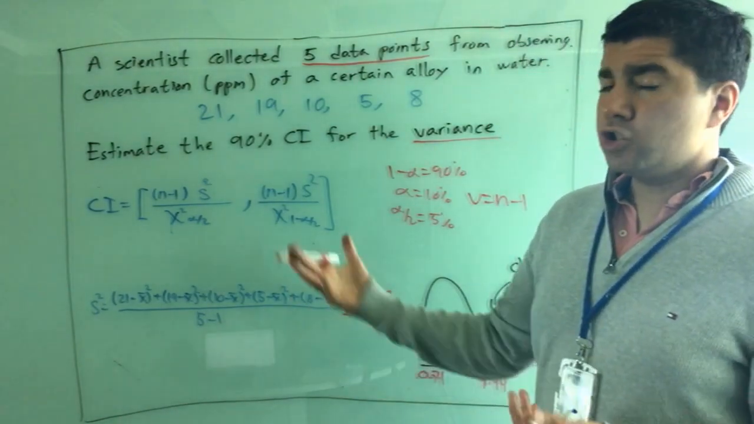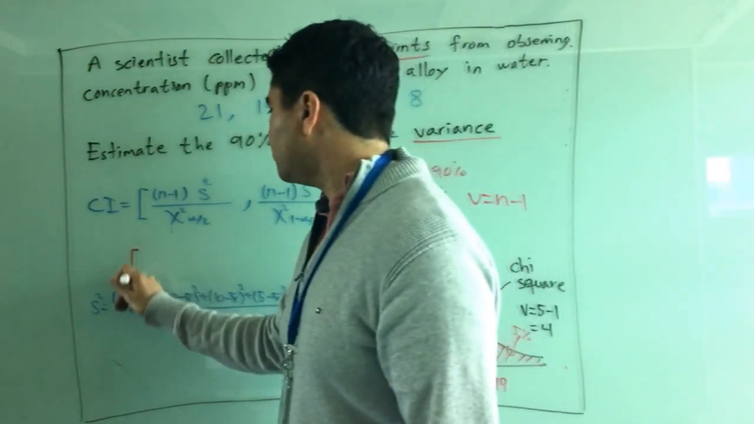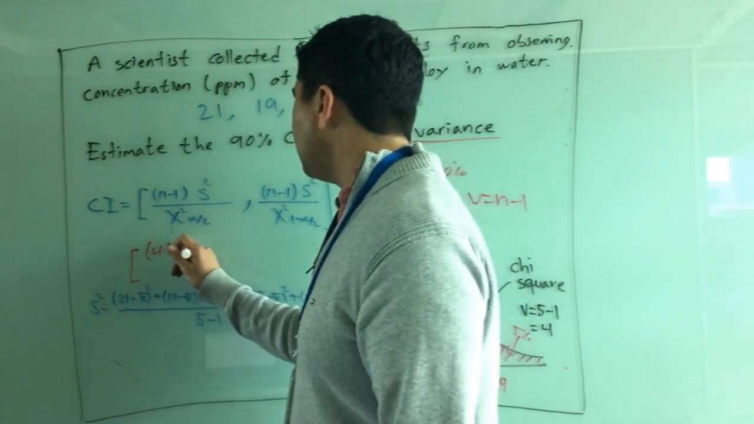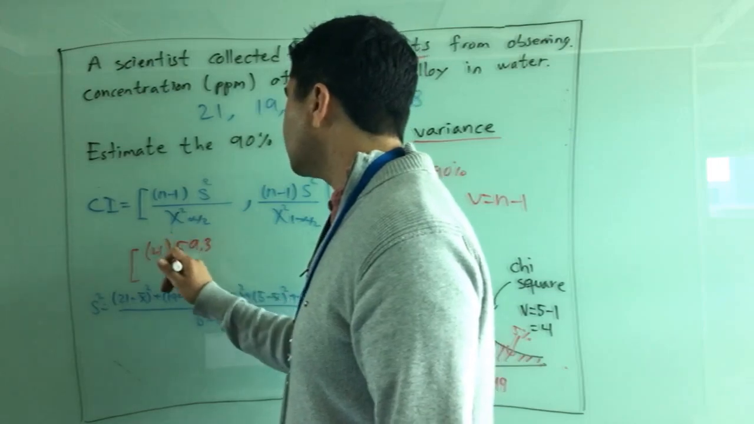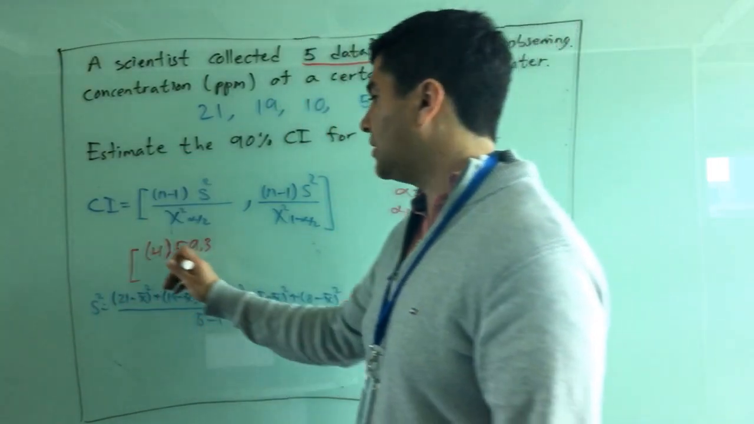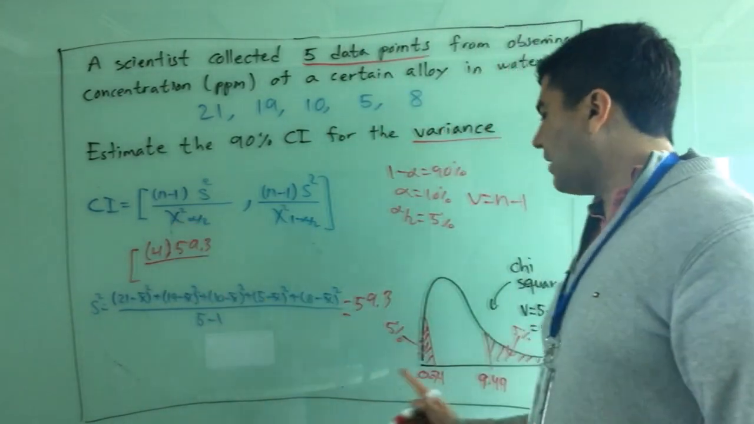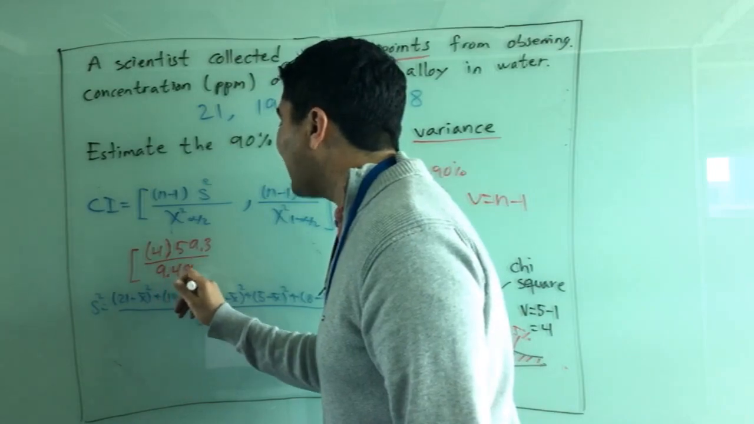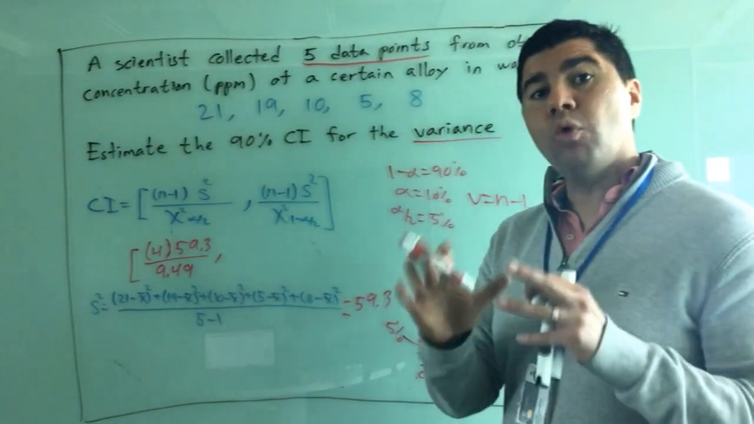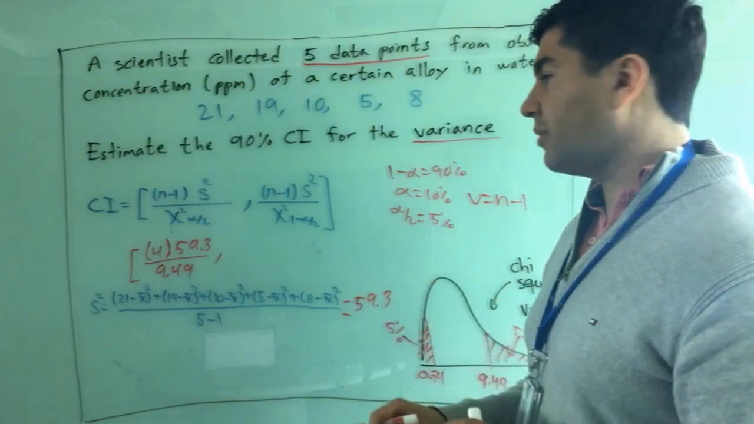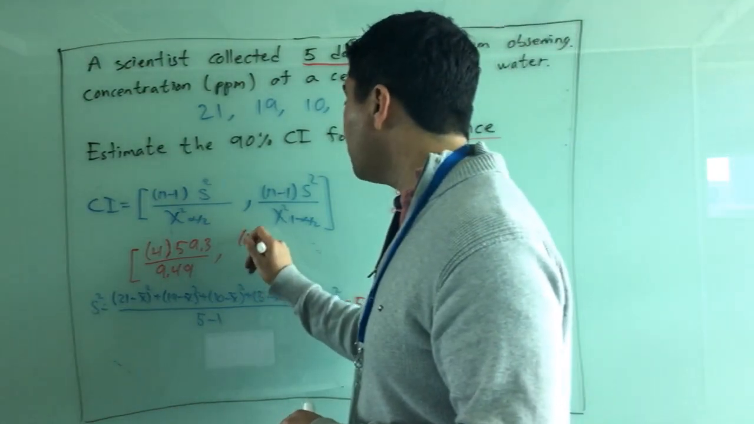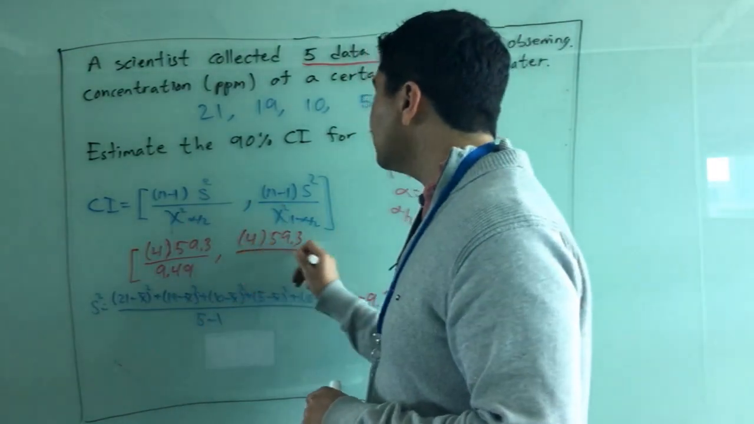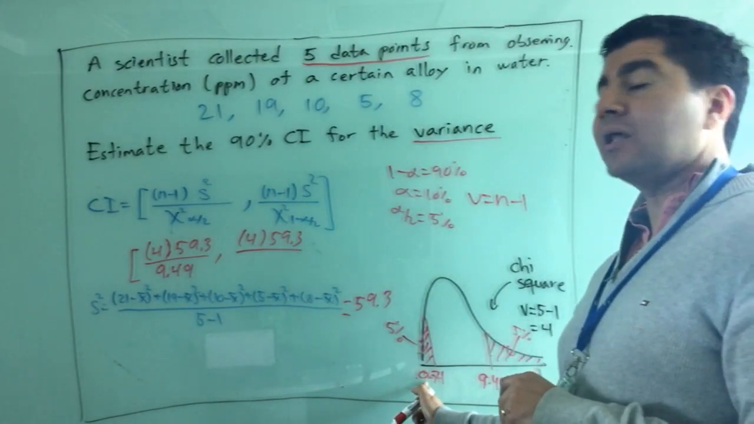So we're just going to substitute that in this expression. 4, that is the n minus 1, times 59.3, that's already squared, that's the variance already, divided by this value, in this case 9.49. This must give us a small boundary, the lower boundary of the confidence interval. On the other part, I use the same 4 times 59.3. I'm not modifying anything. However, in the denominator, I just use the other value that I just found,